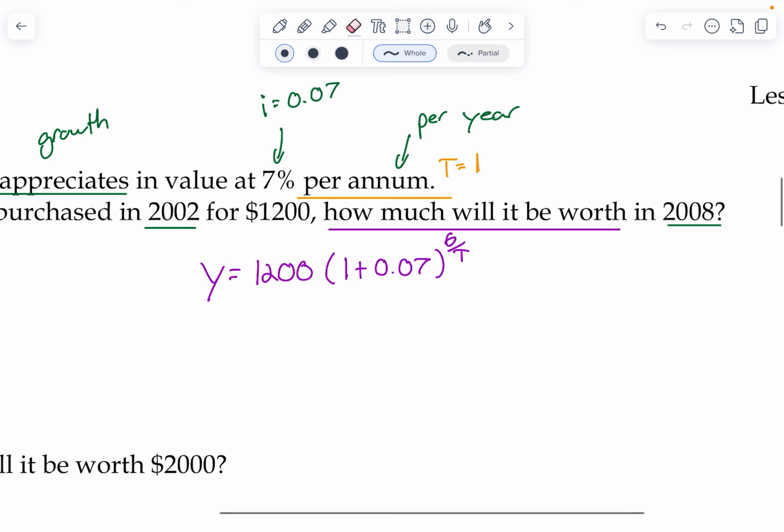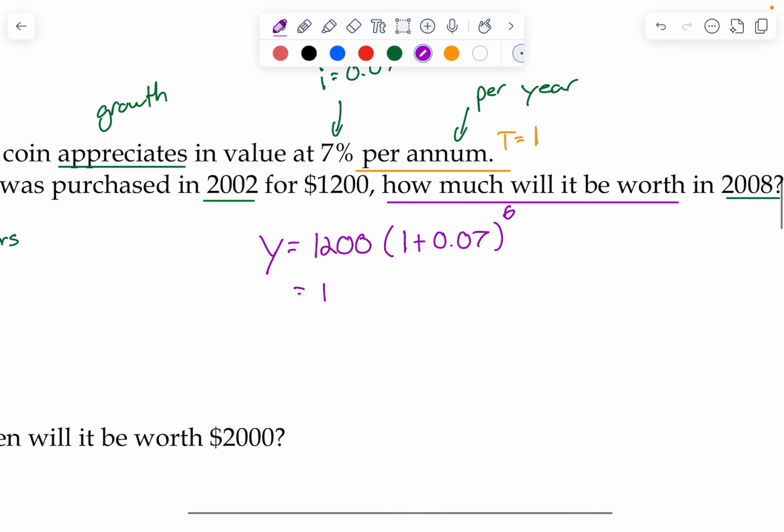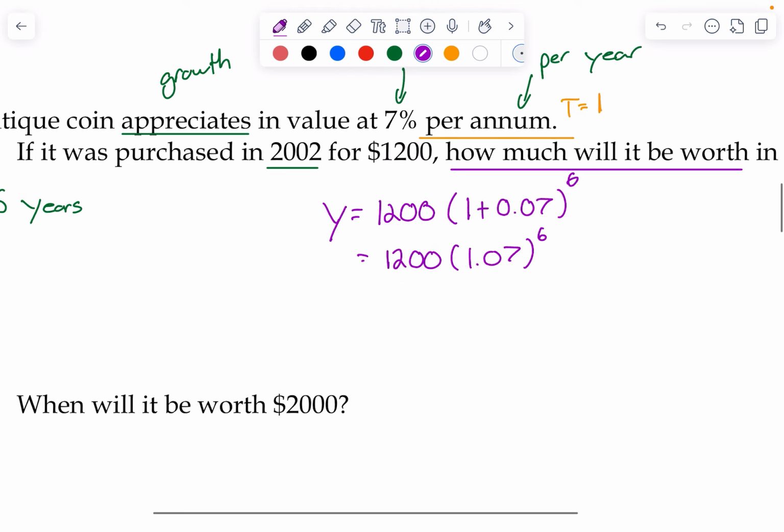So this is really just 6 over 1, or just 6. So then that is 1200 multiplying 1.07 to the power of 6. And then you do that, and you will get a dollar value of